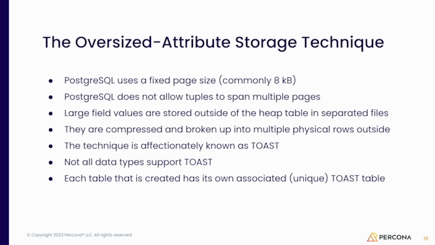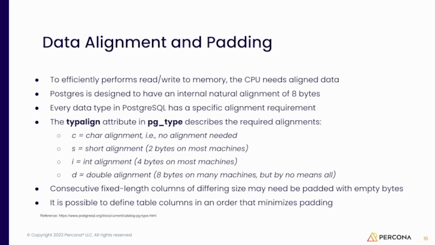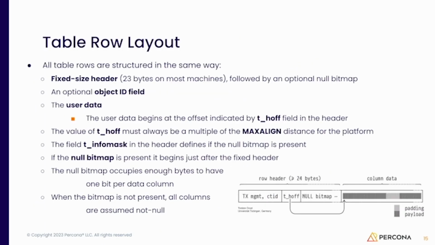So, let me go back here. When we save the data here, instead of having the data, we're going to have a physical pointer address to the beginning of that data on the toast file. In the beginning of the data, you're going to have a header, and they always point to the next block and to the next block, up to the last one. It's an easy way to explain, but it's basically a linked list.